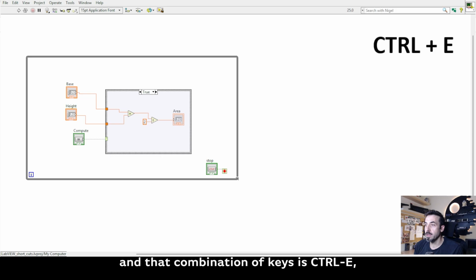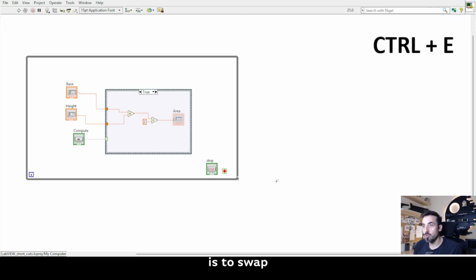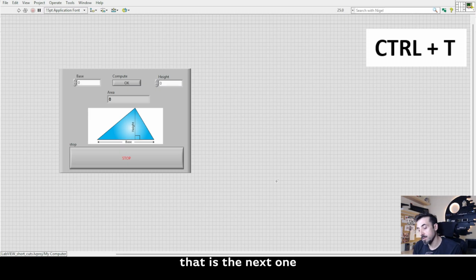That combination of keys is Ctrl E. And what Ctrl E does is swap between the front panel and the block diagram. Anyway, I have to say that my students prefer another combination, which is the next one that I'm going to show you,